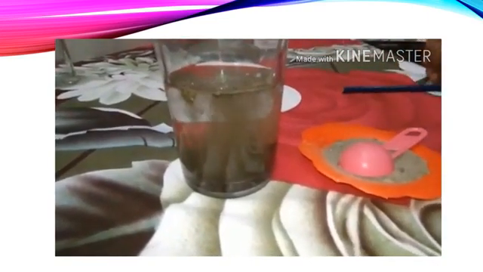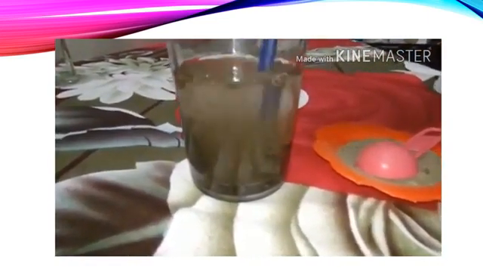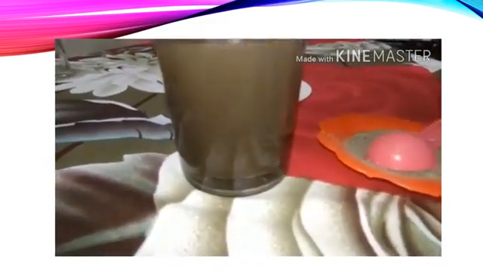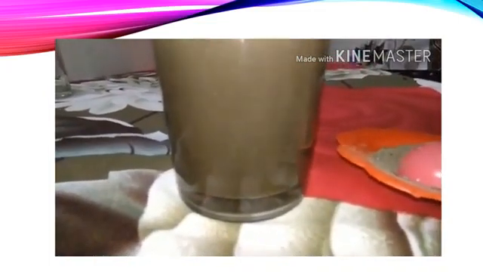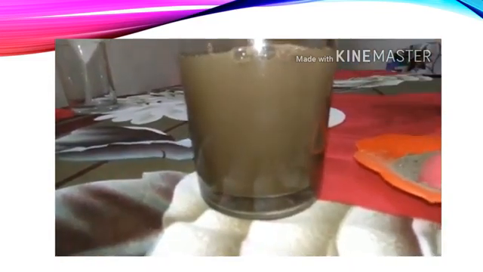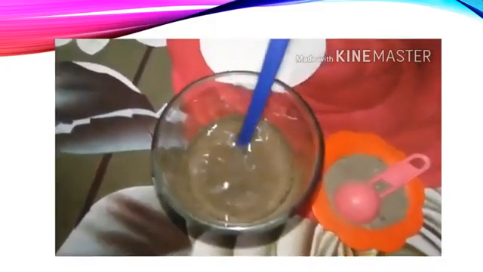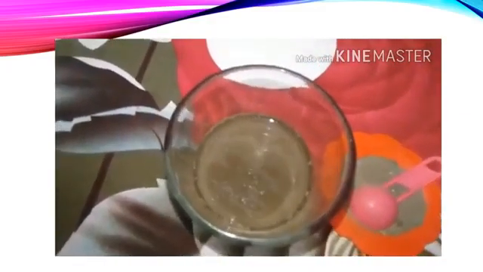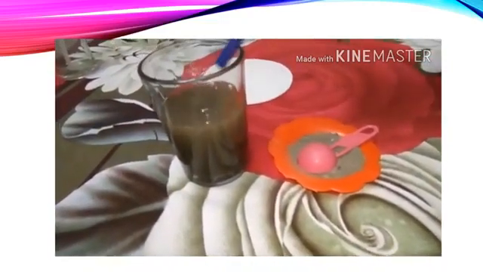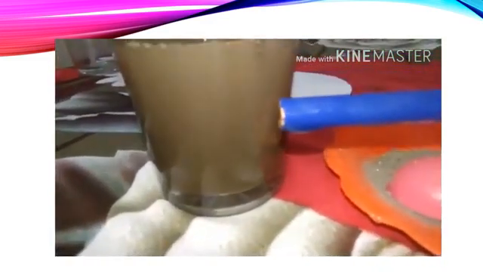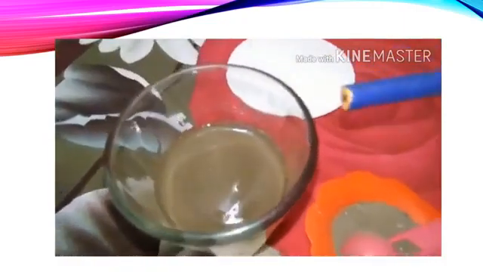The sand and water mixture is taken in a beaker. Allow the mixture to stand for 5 to 10 minutes without disturbing it. Sand settles down at the bottom of the beaker. This layer of sand is called sediment. The deposition of sand at the bottom of a beaker is called sedimentation. When the sand settles down, clear water is left above the layer of sand.